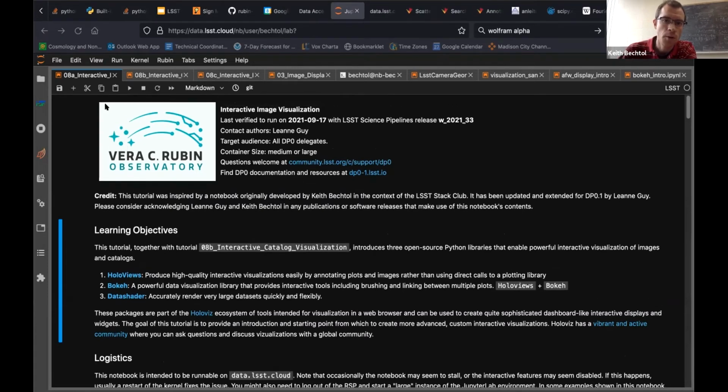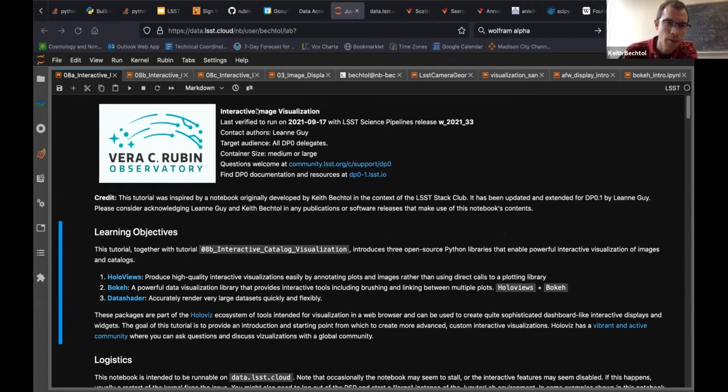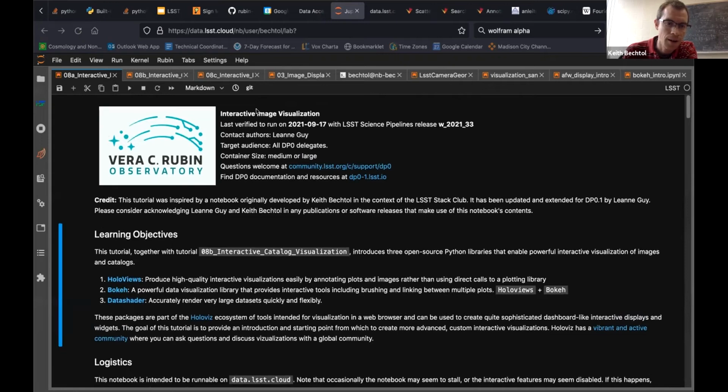So this notebook is called, I think, Interactive Image Visualization. I think that's it with the image here. And there's another one called Catalog. And these are in the main tutorial repository if you want to follow along. I'm using a large container because some of these visualizations we're going to use, particularly in the second notebook, involve lots of data, something like 200 million rows. So I'm using a large container,